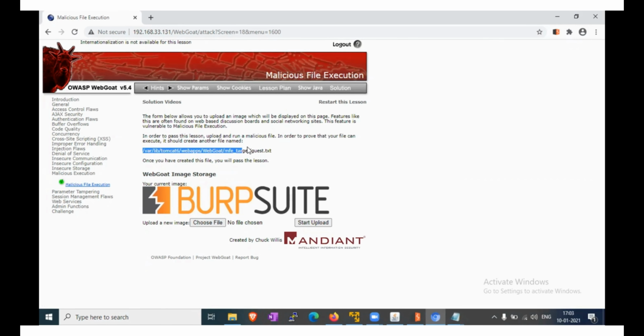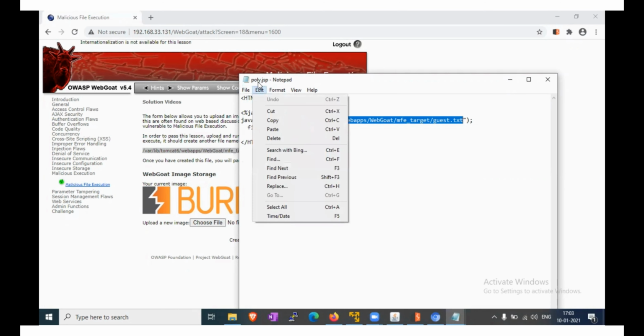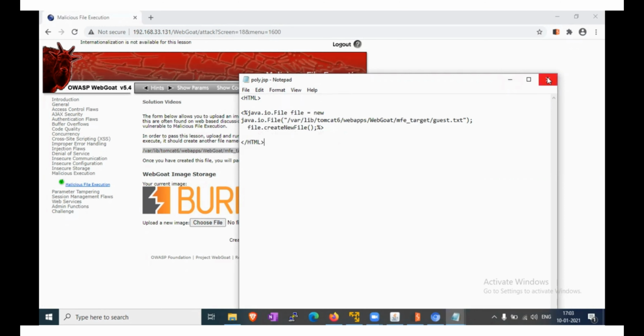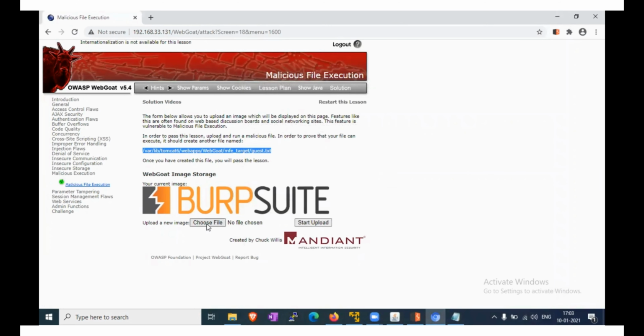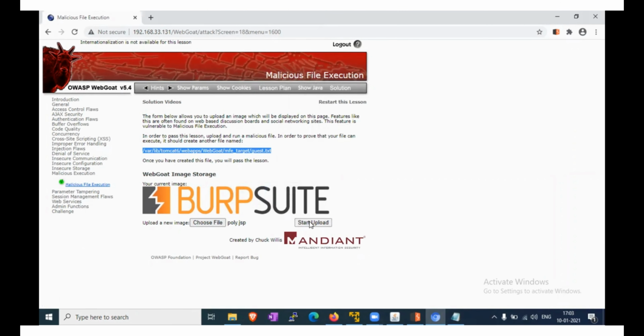So we have to copy that particular path and create the file with java.io.File equal to new java.io.File, paste the provided path, and save that as any JSP file. You can give any JSP file name. Just close it, open that particular .jsp file, and start upload.